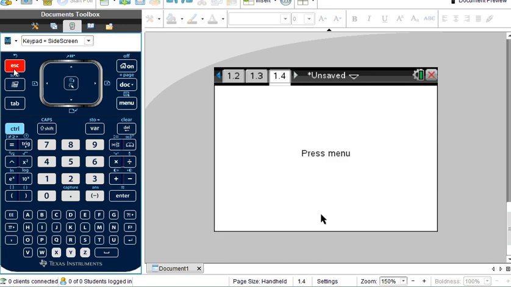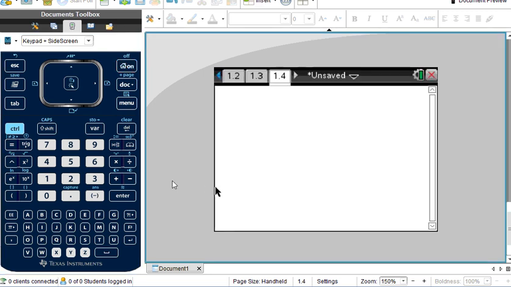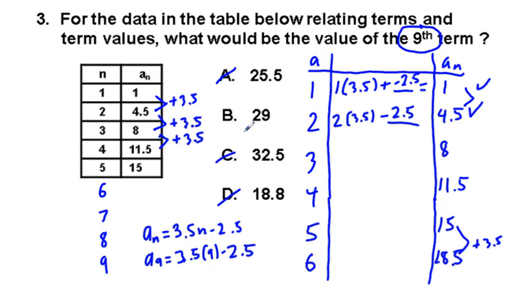Escape here. Okay. We'll try it again. Yeah, this thing looks a little glitchy, but maybe I can get it to work. Okay. So 9 times 3.5 minus 2.5. So we get 29. We've already picked that to be the correct answer. Next,